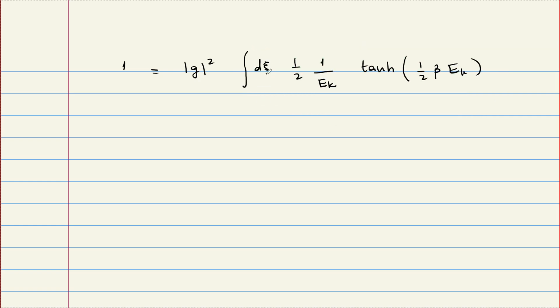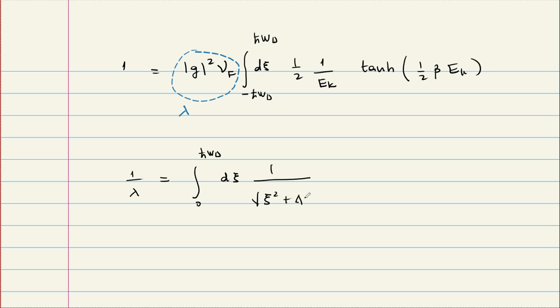d psi goes from minus h bar omega D to plus h bar omega D, and there's the density of states at the Fermi level, and this thing we called the BCS coupling constant lambda. So okay, let's write this. So 1 over lambda is equal to, and because psi is even in k, epsilon is going to be even in k, I can go from 0 to h bar omega D and multiply by 2, and this 1/2 is going to go. Then it will be something like this, from 0 to h bar omega D, d psi, 1 over